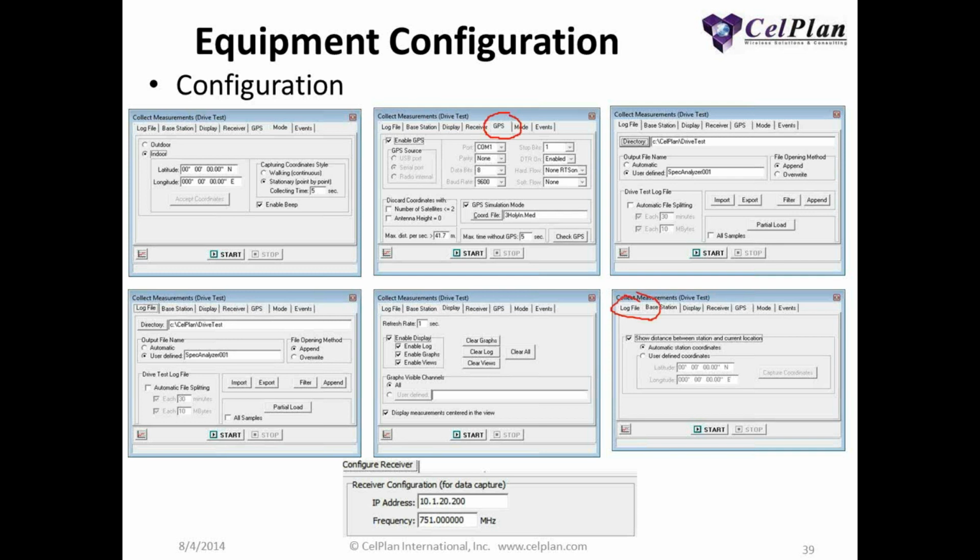The IP number is another interesting thing, because we can access the equipment remotely and gather the data remotely. So it's possible to distribute the CellSpectrum along the network in different places and then gather the data